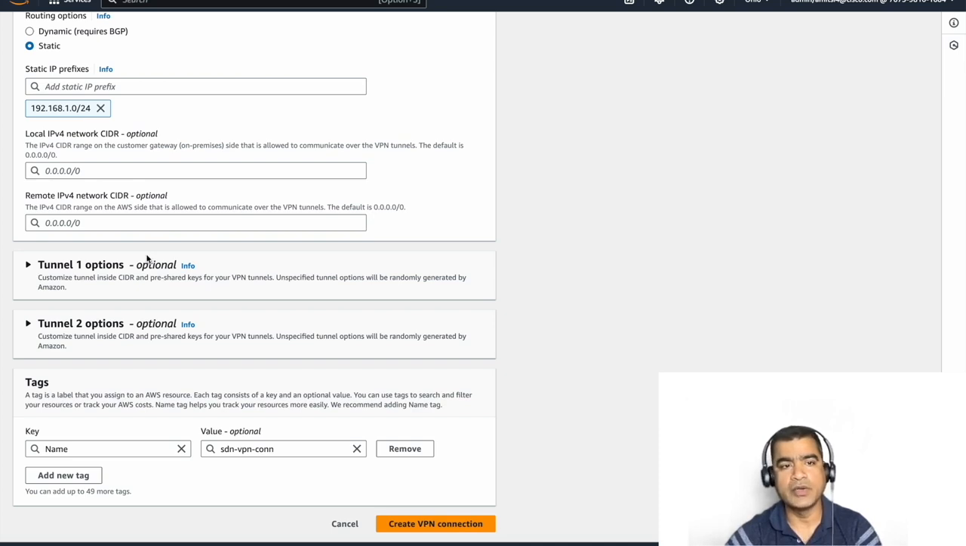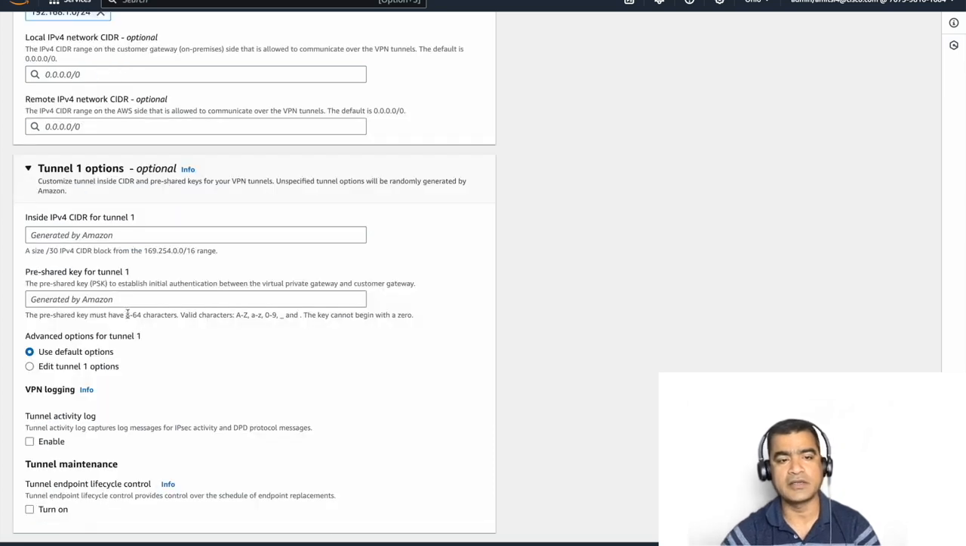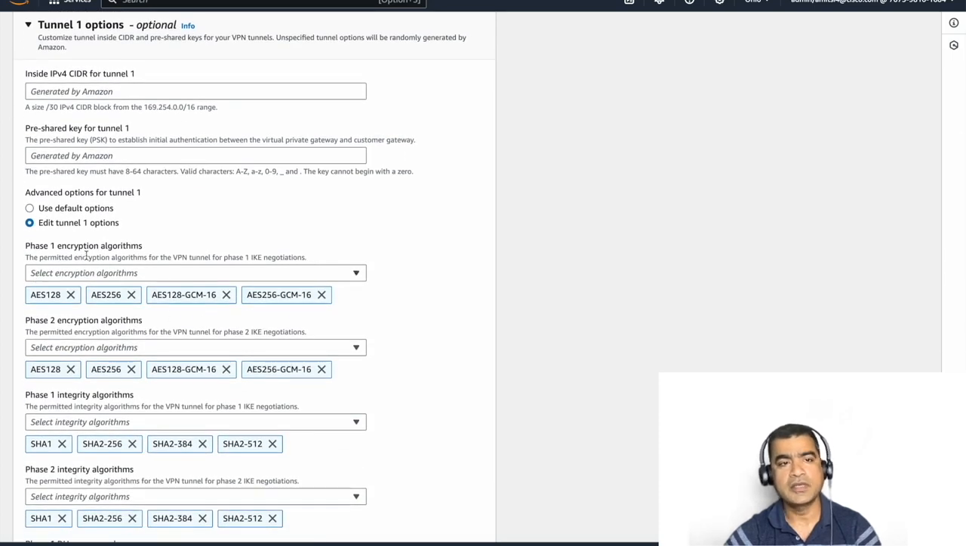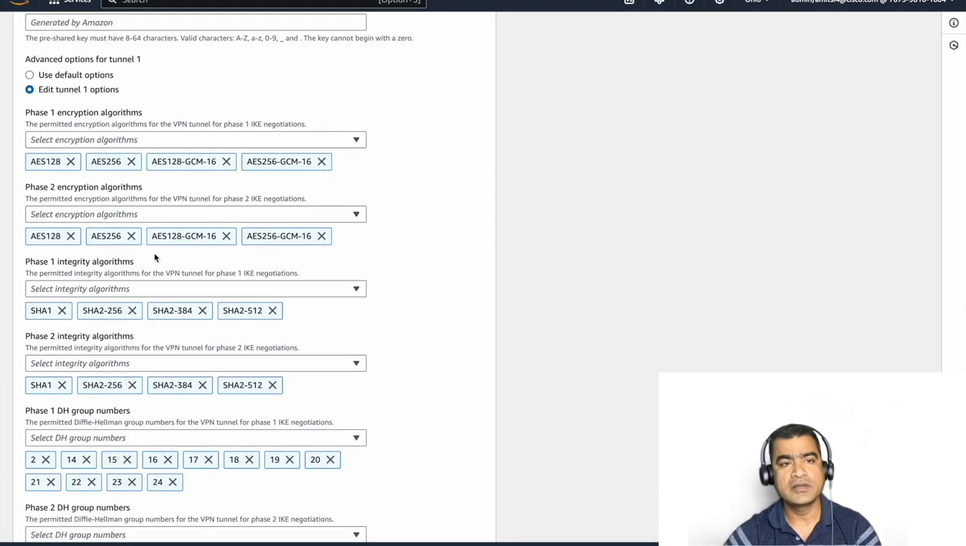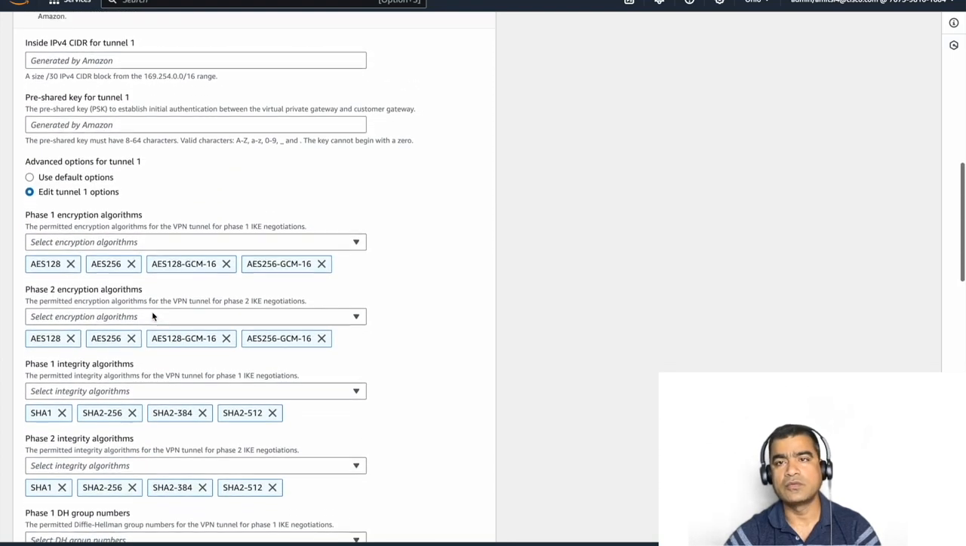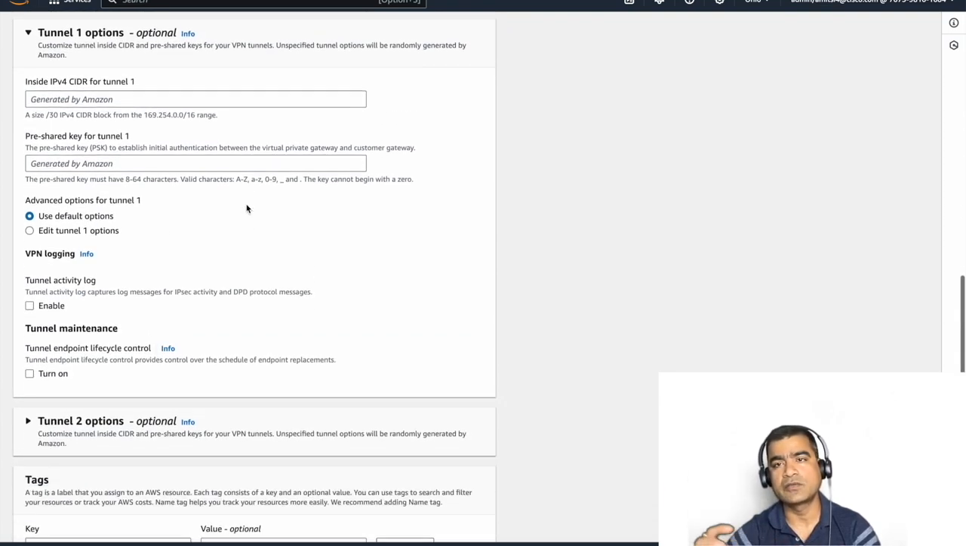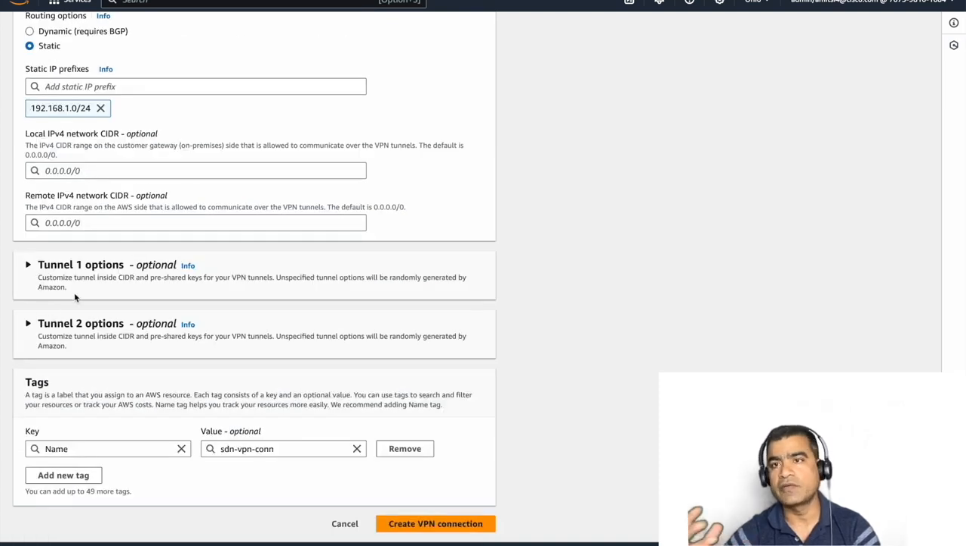So if you know what you want to build, you should always go ahead and edit tunnel options, like what will be used in phase 1 encryption, what will be used in phase 2 encryption, integrity, and so on. However, to keep things simple, we are going to just use the default option. And as you can see, AWS builds two tunnels for you. Though you need just one tunnel, for redundancy AWS will always build two tunnels, from the same customer gateway or two different customer gateways if you have that. So we are good. We are going to say create VPN connection,